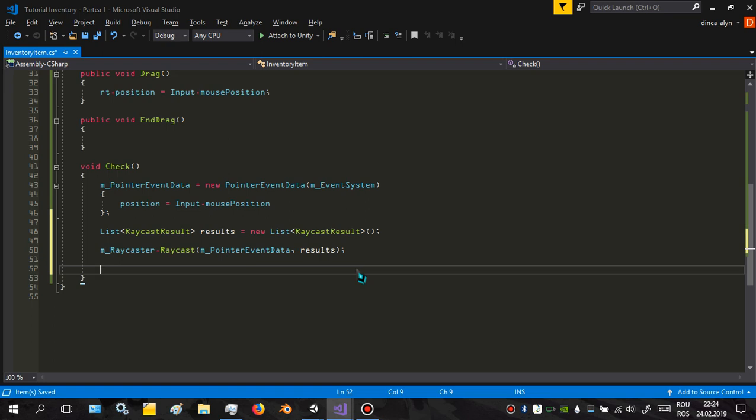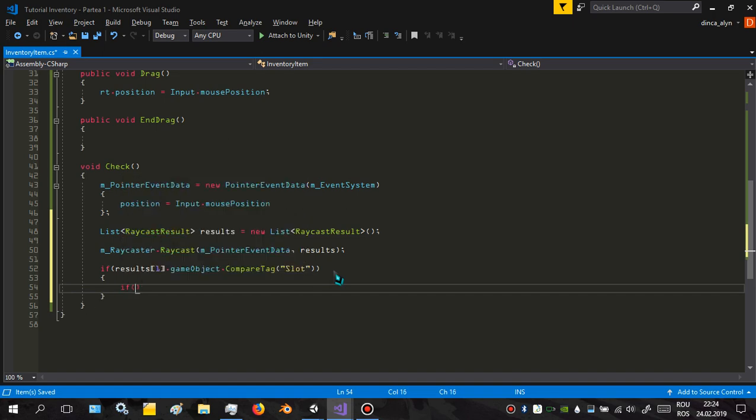And if we set the item as not to use the raycast, then we are gonna be unable to drag it. So yeah, let's see, we make an if results, and we're gonna input here 1, so the second one in the list, dot gameObject dot CompareTag. So if the tag is Slot,